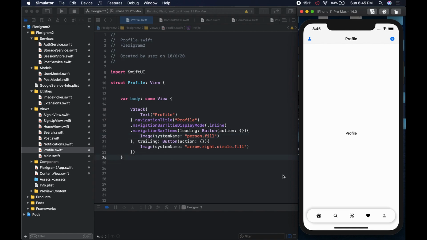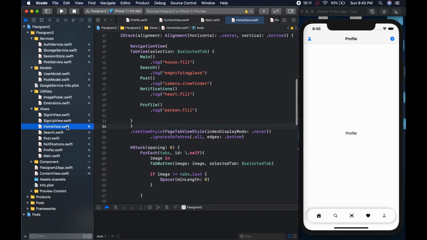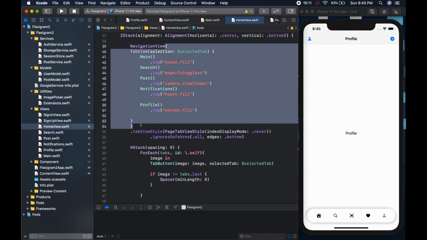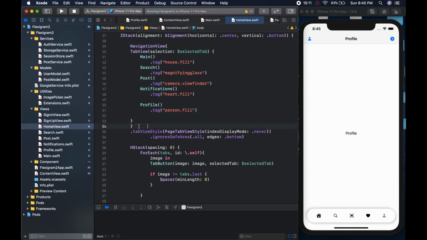Okay, I don't like the blue color, to be honest. We could change it, and for us to change it, how we would do that is we'd go back to our home view, and the thing is, this is going to change all our buttons on the navbar, right? We can't put it on because the navigation view is going to be used by all of them, right? So what we could do is we could come to the navigation view, and I believe that's this, and we could add here,